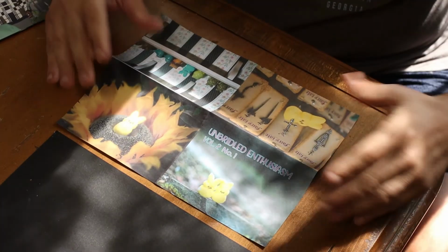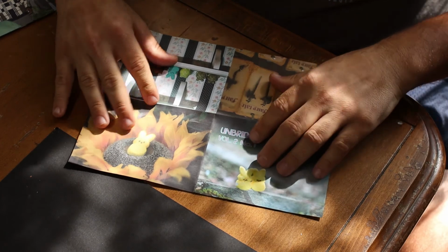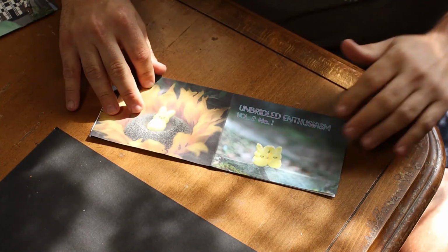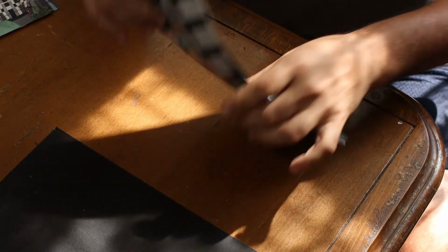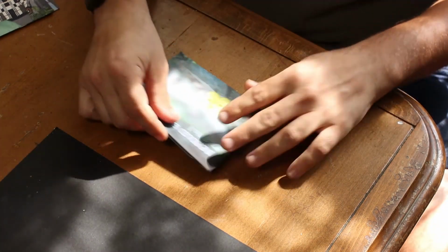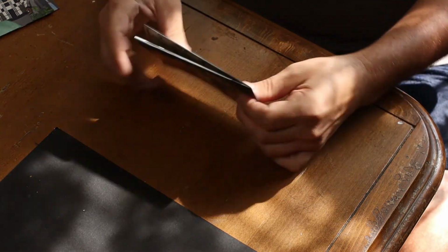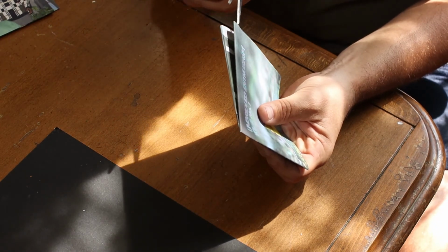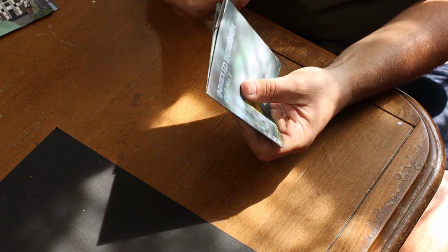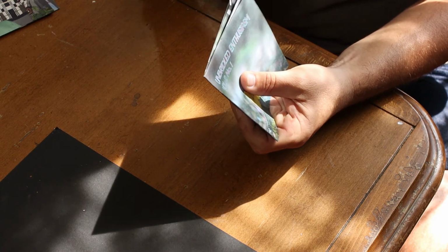So guys, once you've got it printed, you just take the magazine, fold it across the top, and then you're going to fold it across the spine like that. You've got your 4 pages. You're going to want to go ahead and trim with some scissors so that you can open all 4 pages. And if you want to put a little finishing touch on it,